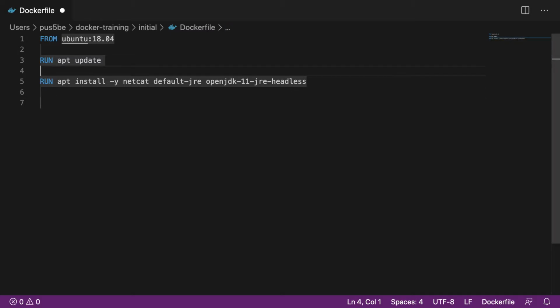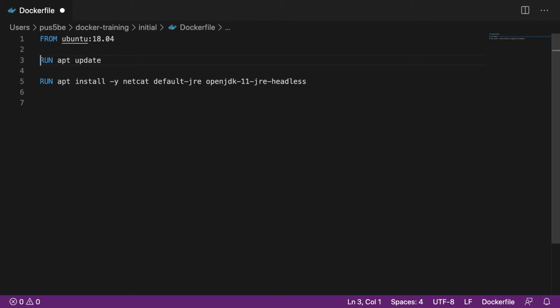Now the problem is that every command which is run forms a separate layer under Docker. I can show you that later. So here the base image is one layer, run apt update is another layer, and run apt install is another layer. When Docker rebuilds this image, it will use the already existing layer, it will not change that layer, but will use the cached one and rebuild on top of it.